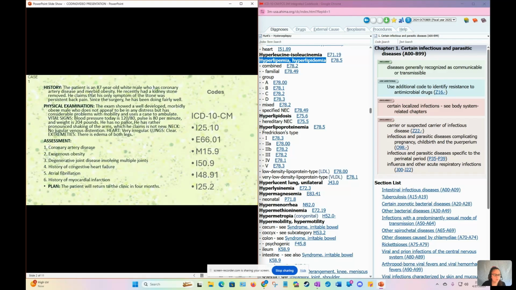87-year-old white male who has coronary artery disease and morbid obesity. He recently had a kidney stone removed. He claims that his only symptom of the stone was persistent back pain. Since the surgery, he has been doing fairly well. We were given the diagnosis to code for this particular case. And starting at the top,